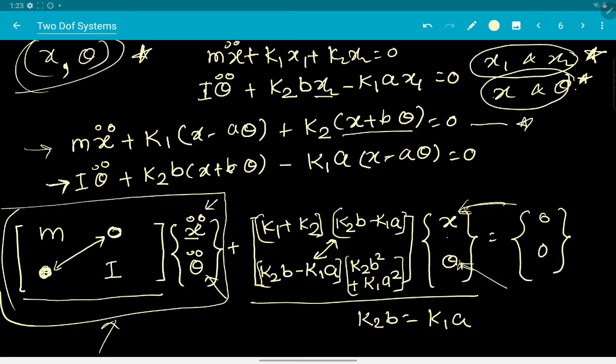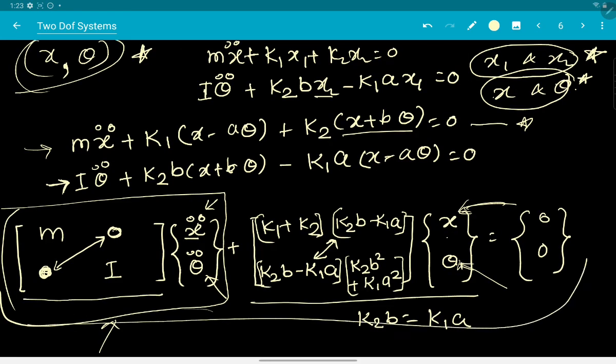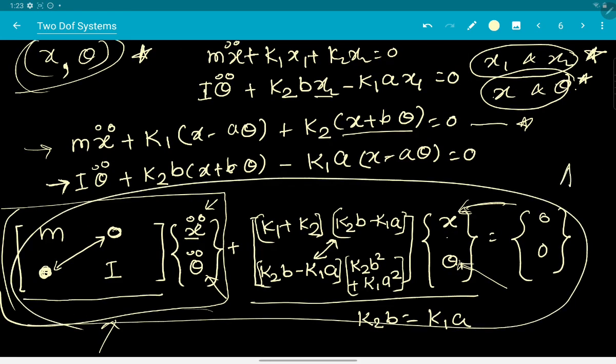Okay, now this form which we have just now arrived at is a very typical form, and we are going to revisit this form in the next class, and have a look at how we solve it. Okay, so we will stop here for this particular session, and we'll be again opening this, and we are going to see the very typical nature of this 2 degree of freedom system and how we solve that. Okay, thank you so much.